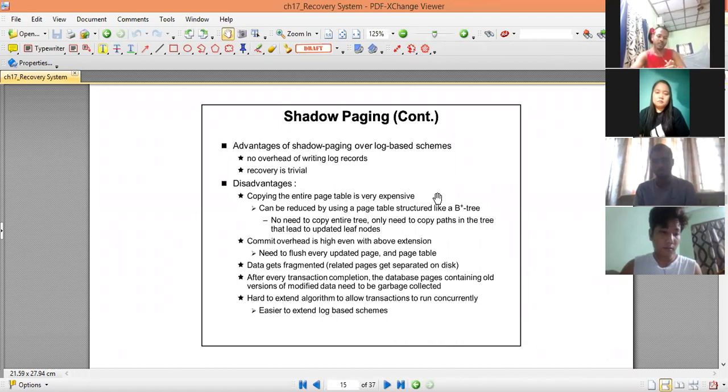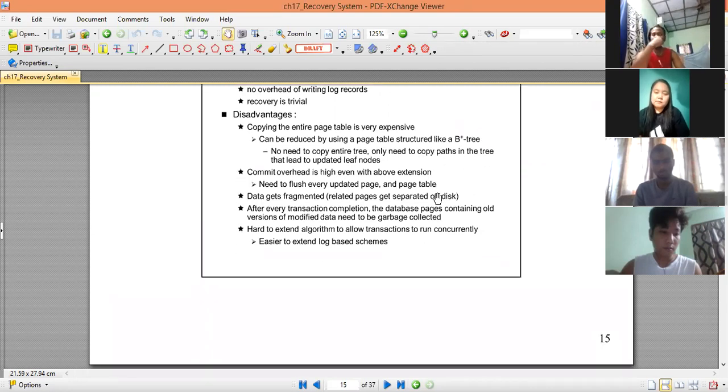Every time the transaction commits, after the flush of the current page, the current page table is pointed to the shadow page, so that the shadow page gets the copy of it. That operation can also be computationally costly and can increase the overhead of the overall system. So these are the pros and cons of both systems we already discussed.